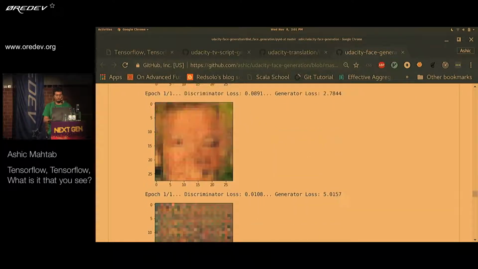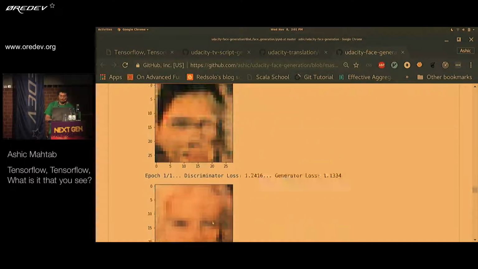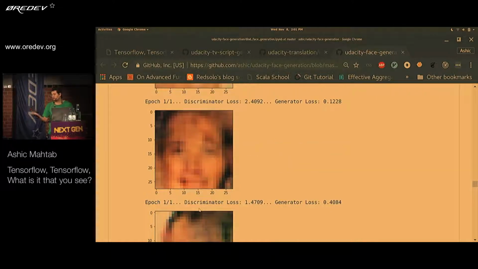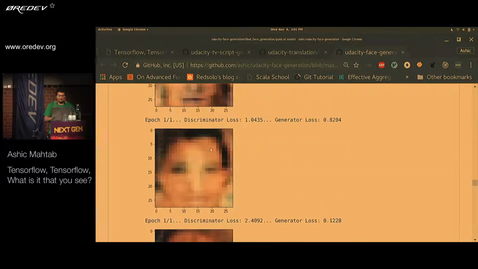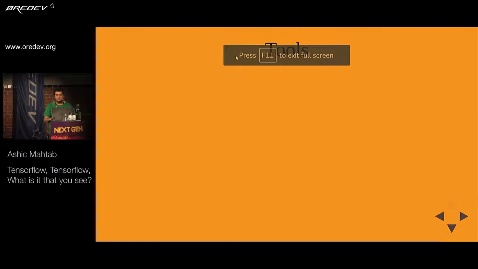I mean, some of them are not necessarily good. That doesn't look very much like a face, okay? But some of these are pretty impressive. That could be a face. The images were pixelated, so there's that. So this is where GANs are basically shining, kind of mimicking humans in various scenarios.